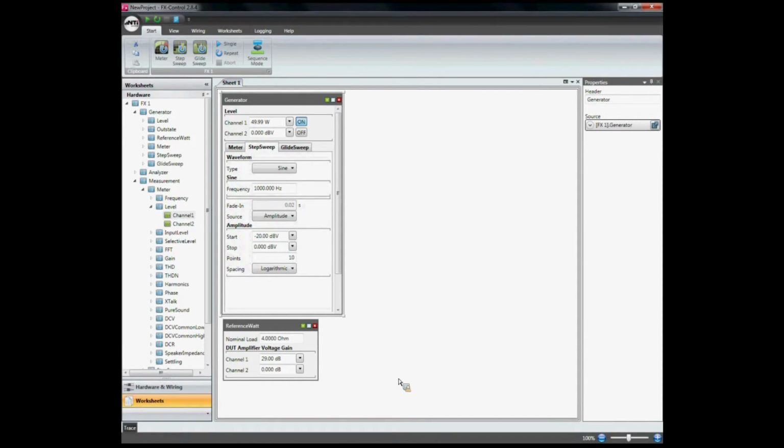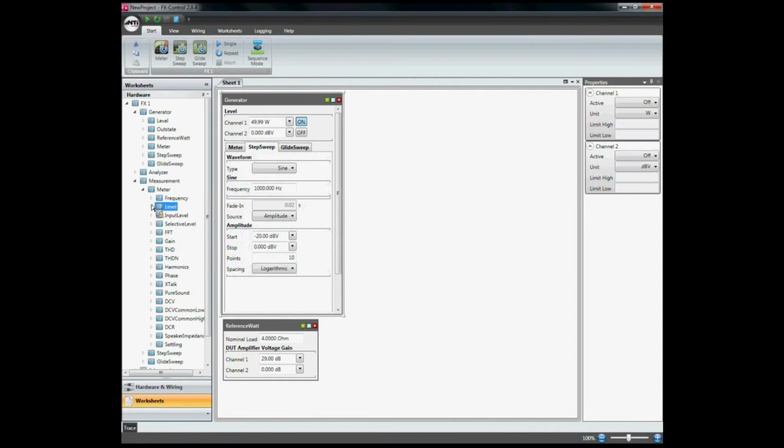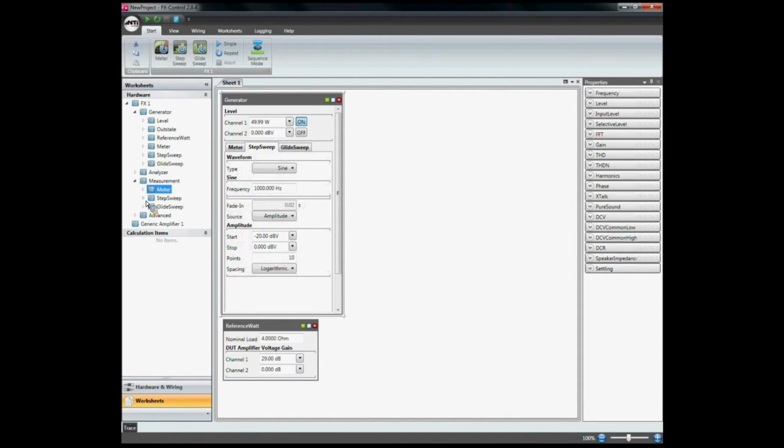We're going to measure the output voltage of the amplifier and put this input voltage to the output voltage into correlation. If this correlation is constant over different values, then we can see the linearity of our amplifier. So I need a step sweep measurement, the level measurement of channel 1.